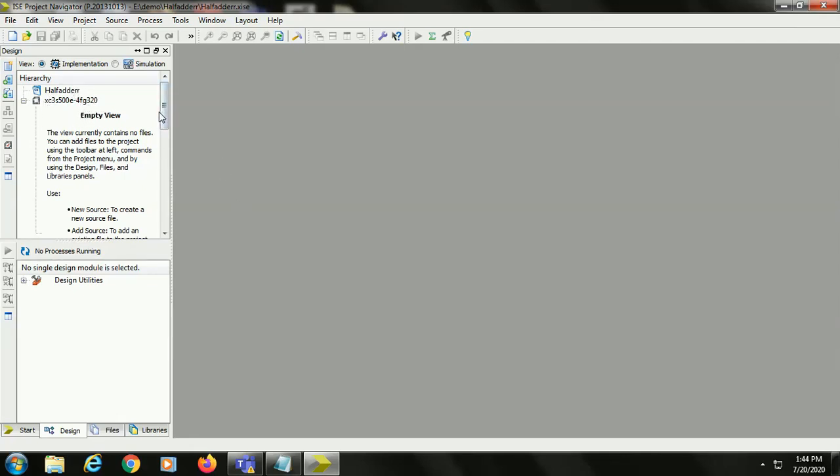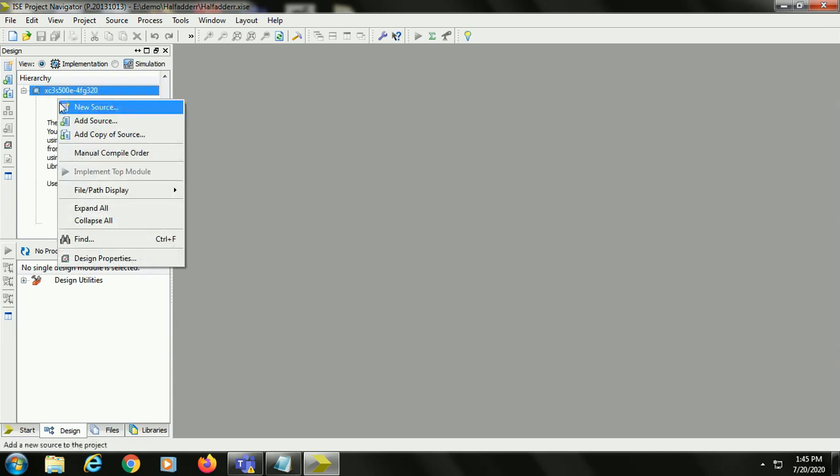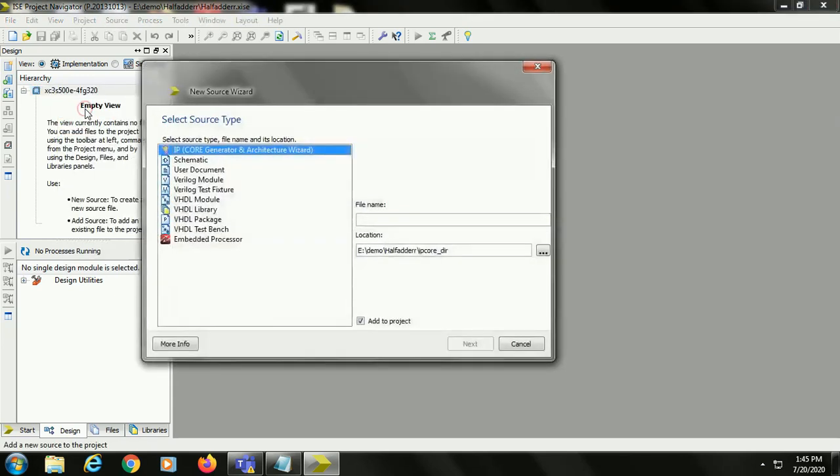So now we are going to write the program. The first step is we have to create one source file for the VHDL program. To write the VHDL program we have to create one new source here. So right click on the device here, and click on new source. Here select the VHDL module. Why? Because we are writing the program in VHDL, that's why we have to select the VHDL module.